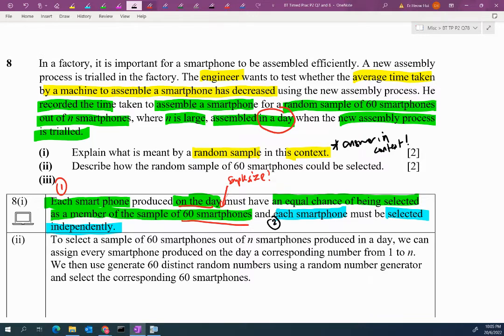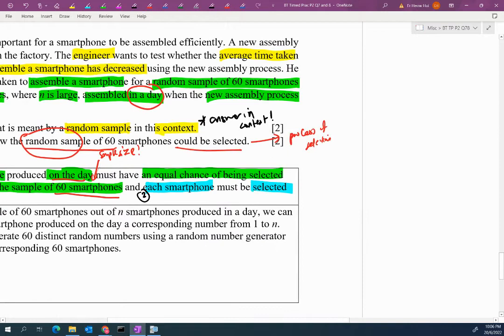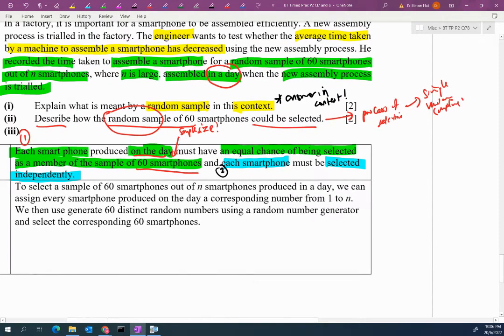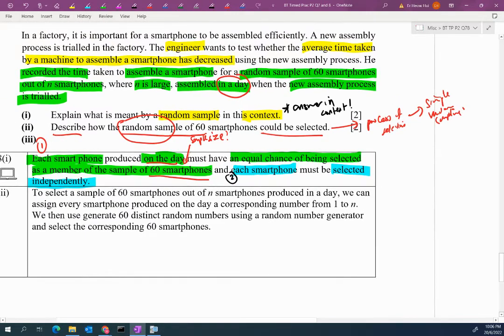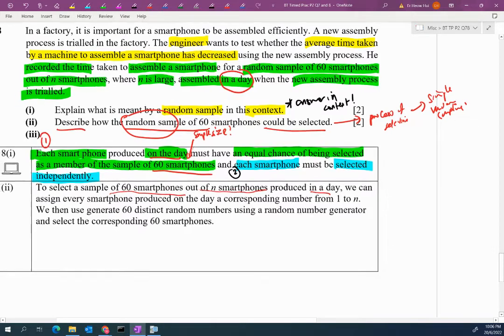Okay, the next part of the question then says, describe how the random sample of 60 smartphones could be selected. So this is actually asking for the process, okay, the process of selection. All right, and we want a random sample. So in the syllabus, you are definitely required to know simple random sampling. Okay, so let's look at what simple random sampling is about. So to select a sample of 60 smartphones out of n smartphones produced in a day, what do we do? Firstly,